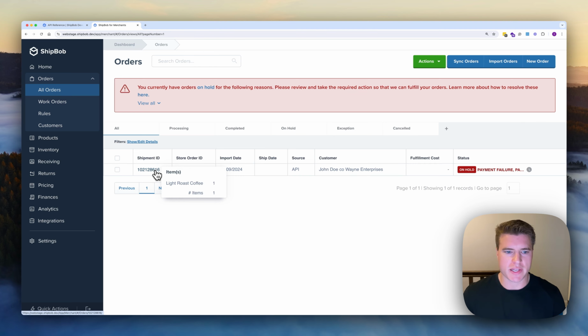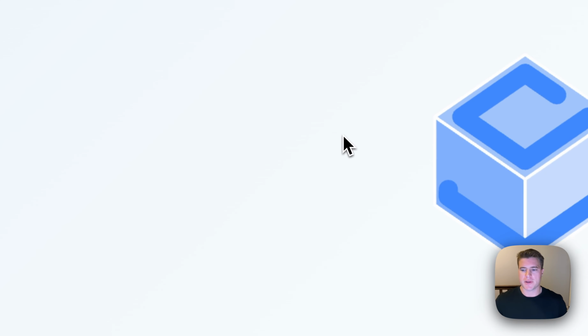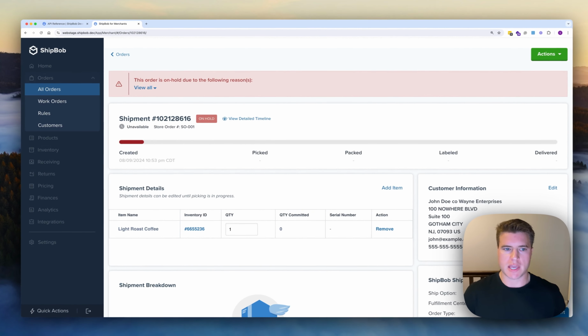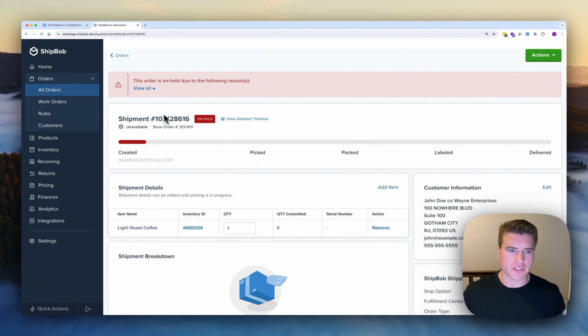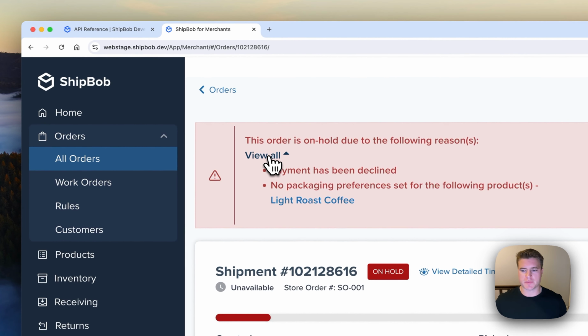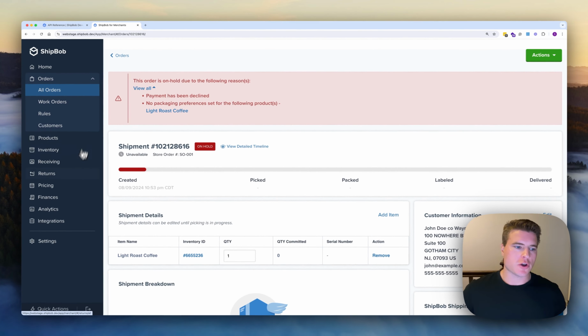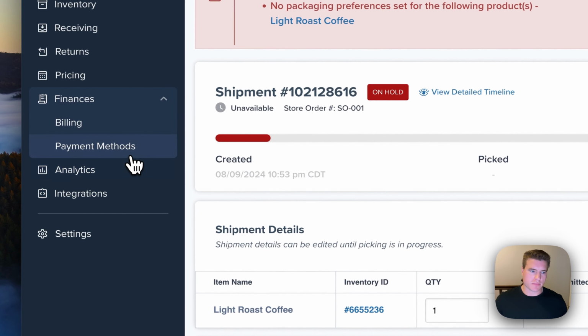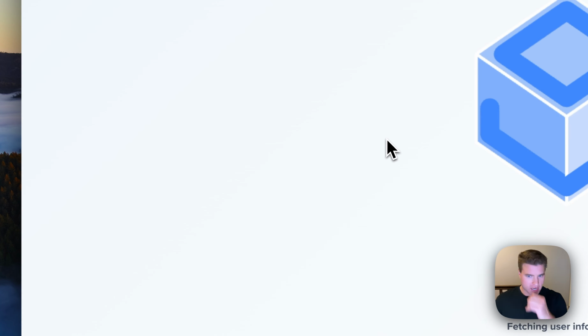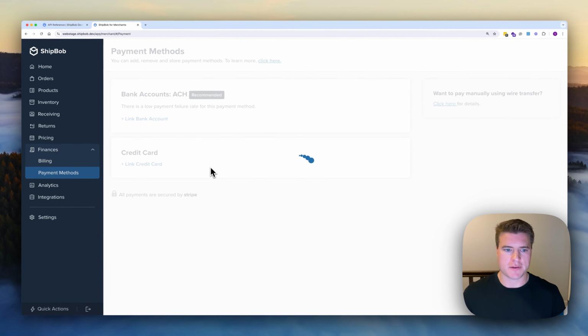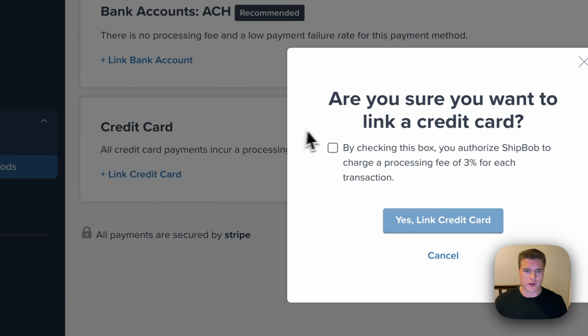So I can see right here that this order was created, but I can see that it's on hold because of a payment failure. So what it's basically doing is replicating what would happen in our production environments. So if you don't have a valid credit card on file, our warehouses can't ship the order. So for this case, you can just go to payment methods in the sidebar and then add a credit card,